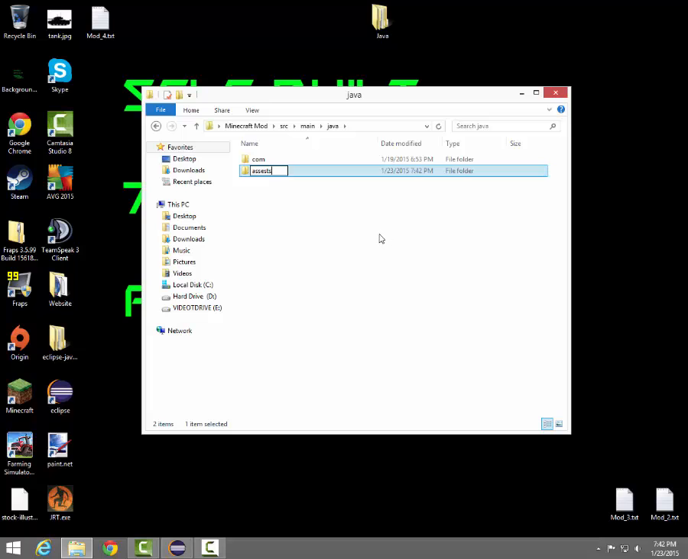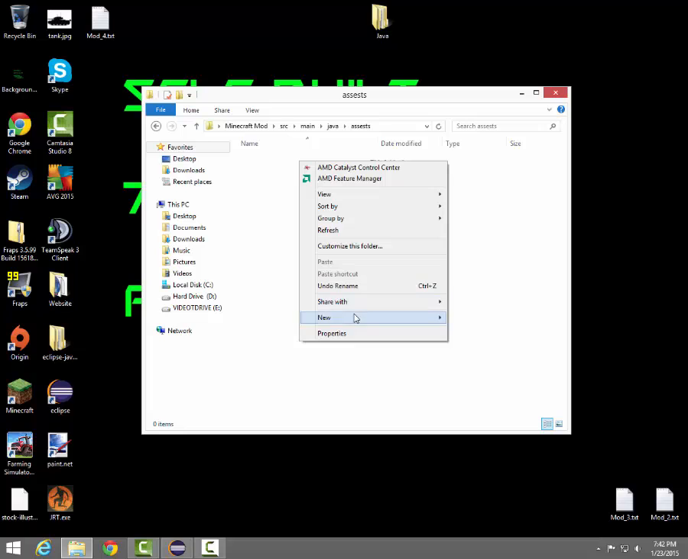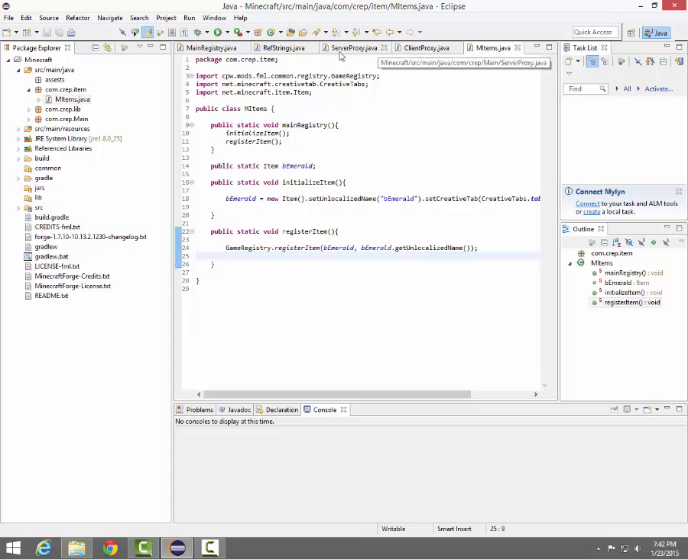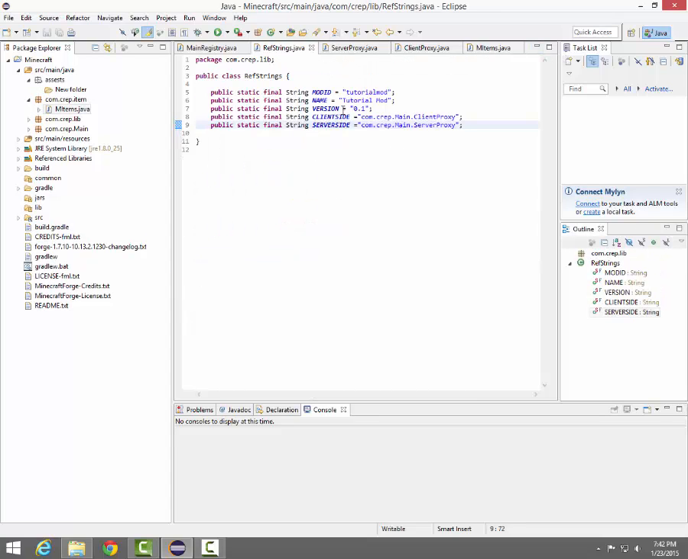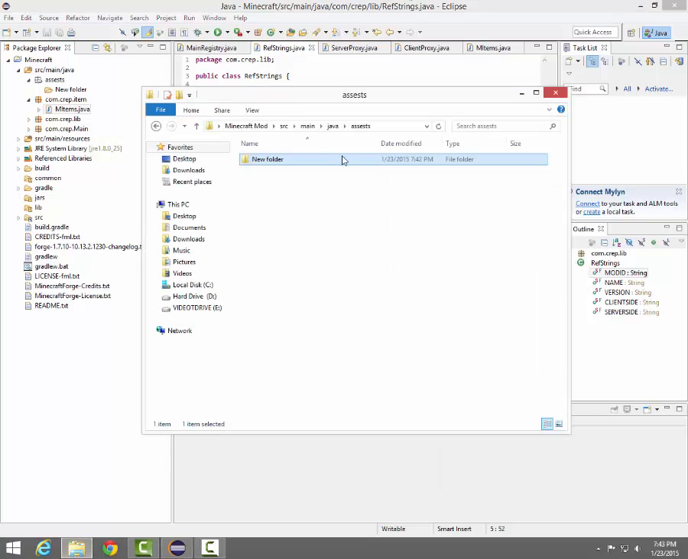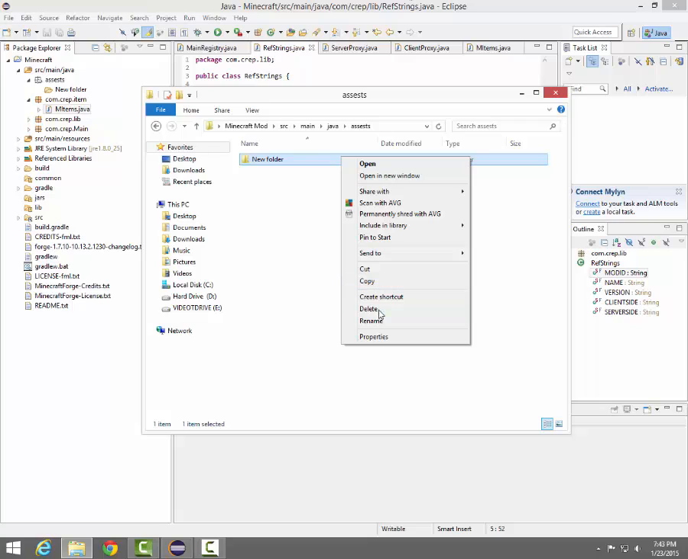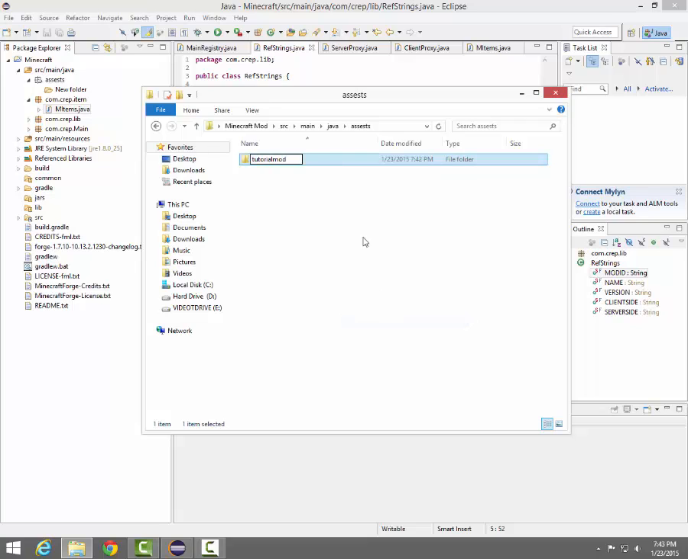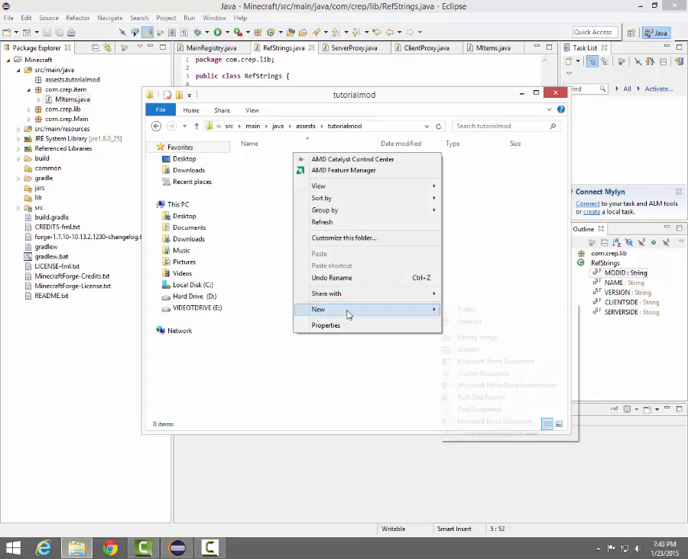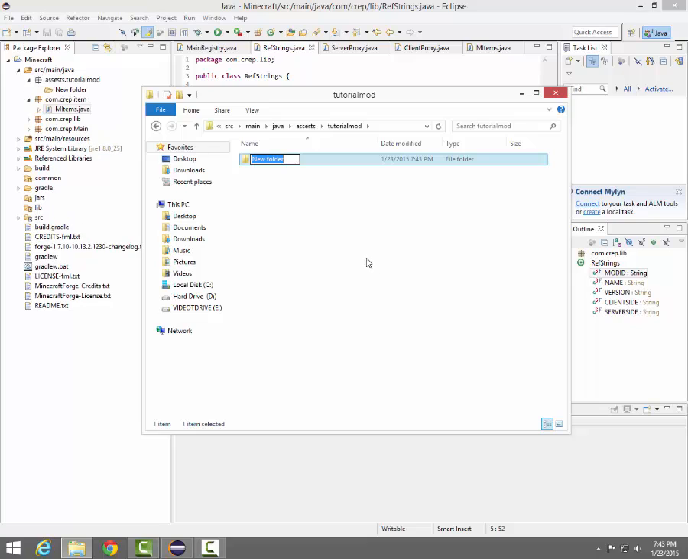Assets. Okay. In here, we're gonna put a folder, and we're gonna go back in here, and where our ref strings are, where's our mod ID? So we're going to copy that. It has to be exactly like this, okay? So best thing to do is to copy it just in case, and then paste it in there. Okay, so once we do that, then we create a new folder again, and